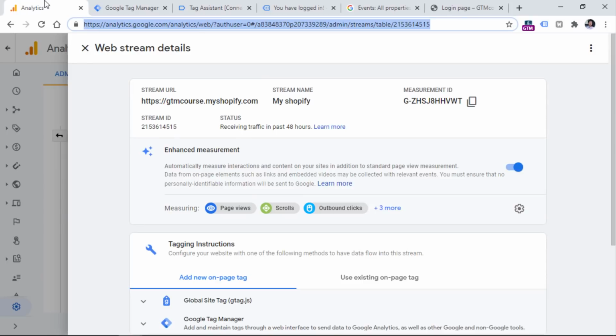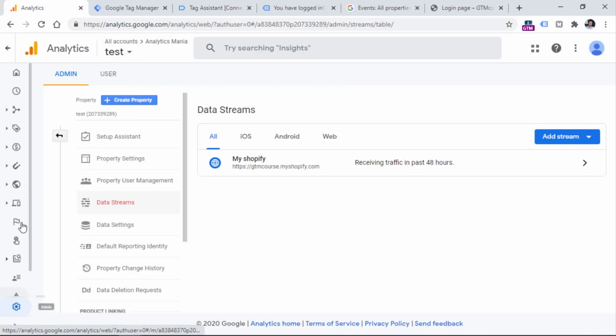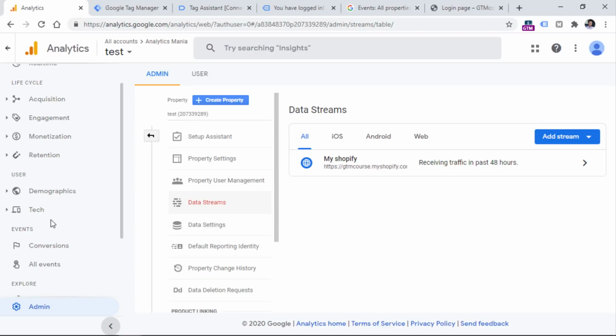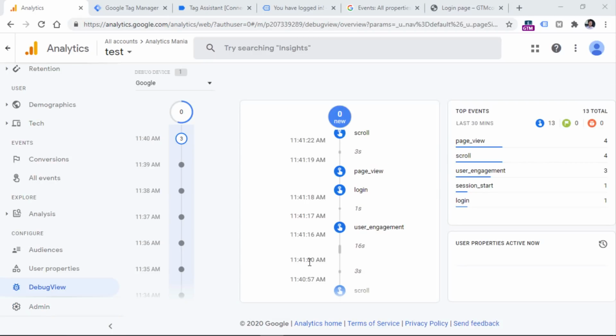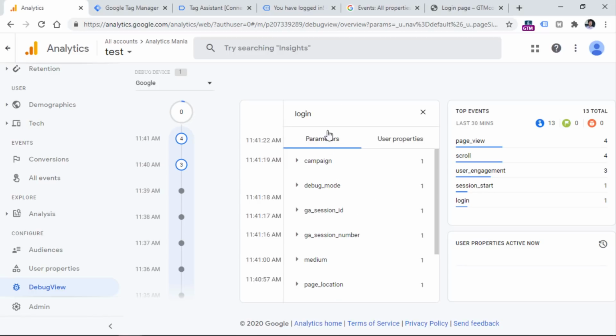Now let's go to Google Analytics. And then in the bottom left corner, click Debug View. And then eventually you will see the login event appear in the stream as well. However, keep in mind that there is some delay and this did not appear for me instantly. If I recall correctly, I even had to refresh the page and refresh the preview mode once again just to start seeing the event in the debug view of Google Analytics 4. So if you click this event, you will see some additional parameters that were sent together with that event to Google Analytics 4.